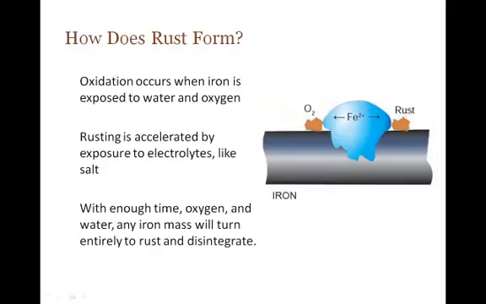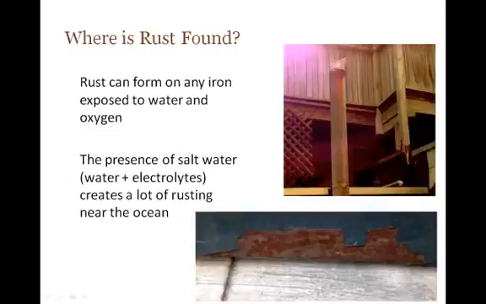Rust forms through oxidation, which is a scientific reaction that occurs when iron is exposed to water and oxygen for a prolonged period of time. Rusting is accelerated by electrolytes, like salt in salt water. Rust forms anywhere that iron is exposed to water and oxygen, but is much more abundant near sources of constant